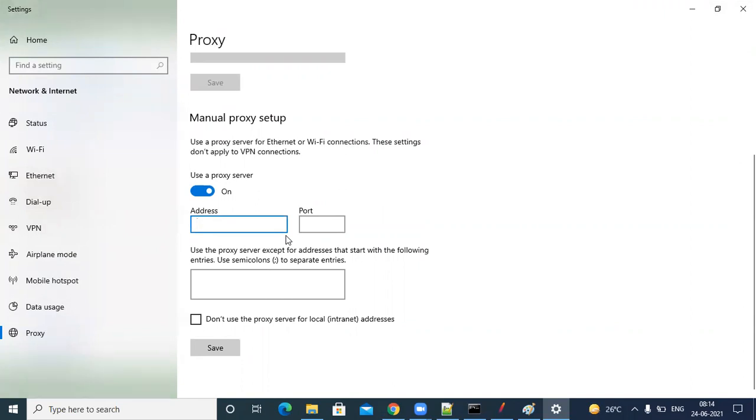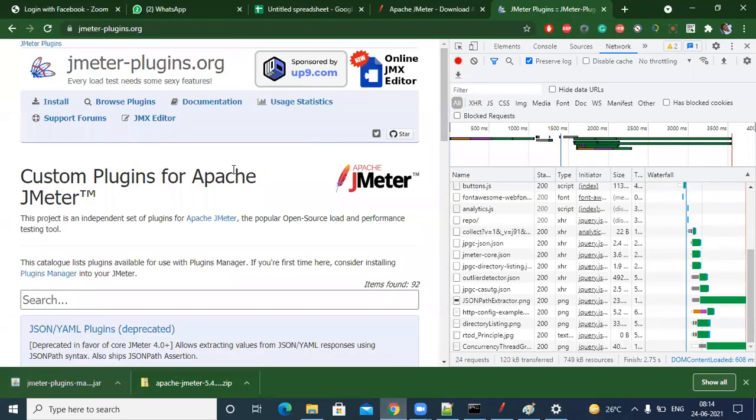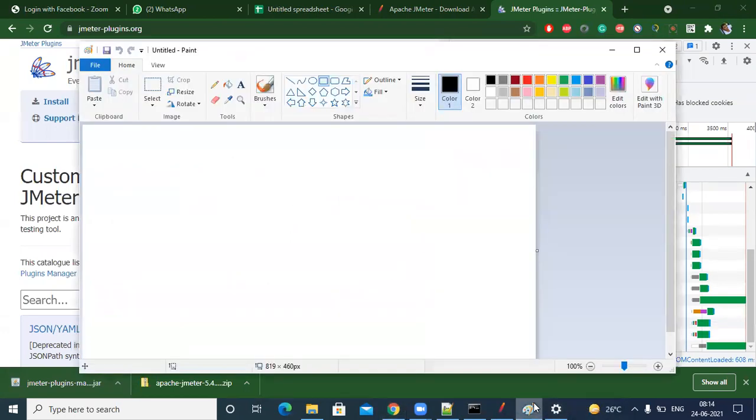This is the proxy server of your machine. Whatever internet you want to use, the traffic will go to this proxy. The whole system will be controlled by this proxy only. Suppose I'm hitting something here, it will go to that proxy, then it will go to the internet. So how will things be?